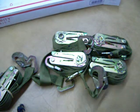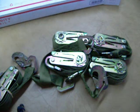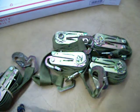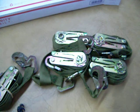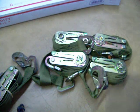So I'm not going to show you putting these in the box because there's nothing to see. You can't see anything. It's not worth doing. But you can get 14 straps in the box, and at the top, there's not enough room for a whole other layer